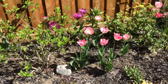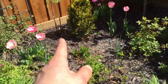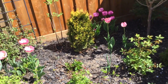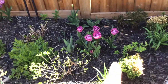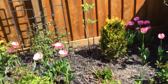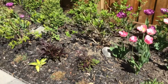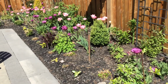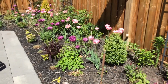But anyway, I'm going to try to remember, because I'm probably going to get some popsicle sticks and put them in the spaces that don't have tulips, so that I remember later where to plant them. Like here, there's a nice grouping that came up, right? And there's a nice grouping of these that came up here and here as well. So I'm going to get some lollipop sticks and put them randomly throughout the garden in the spaces where there are no tulips right now, so I can know where to plant them in the fall, because otherwise there's no way of remembering where I have tulips and where I don't. So hopefully I'll be able to